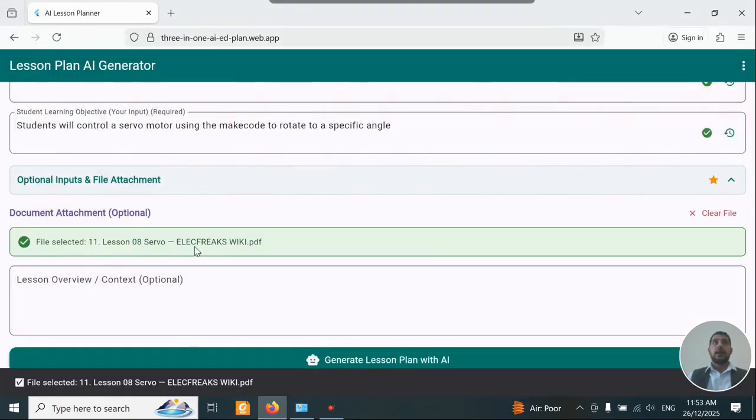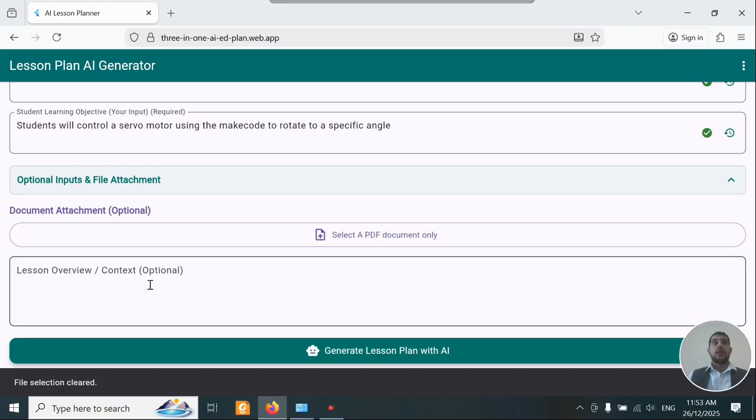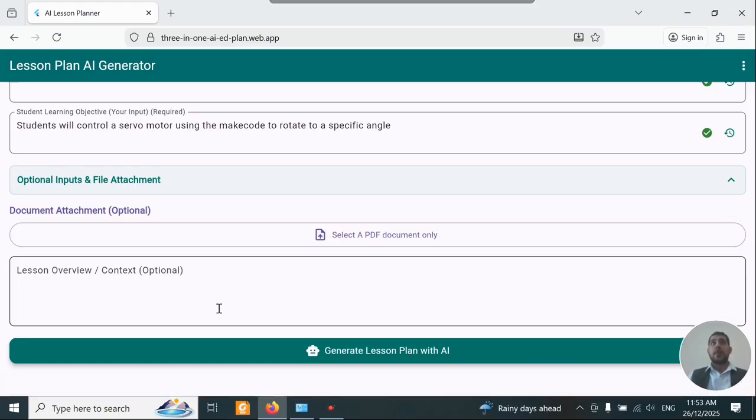I've got the lesson plan, I've got a document that is related to my lesson. In case I just want to go 100% with the AI, I can just press on clear file. Okay, here is the lesson overview, and it is optional as well. Now at this point, if I press generate, all the output fields will be generated using AI because I did